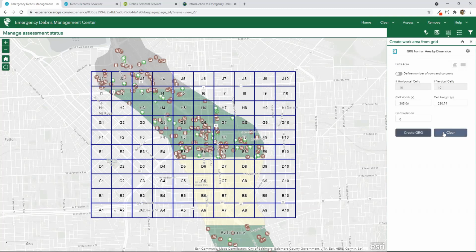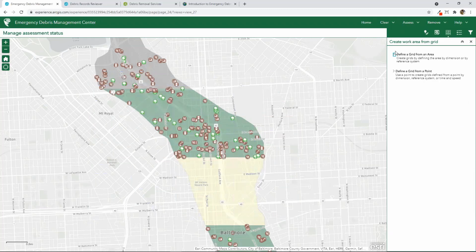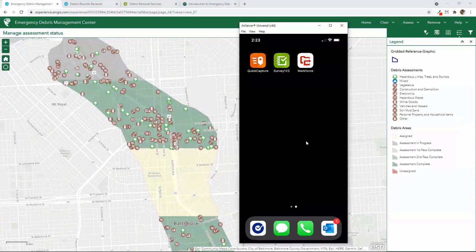I'm not going to do that here in this particular example, but that is an option that's available for municipalities that prefer to be able to assign their assessors out to grid-based work areas instead of service area-based work areas. So once I've assigned all of my assessors, the assessors are now going out and they're going to start to do work. And to do that work, they are going to have a mobile device and they're going to use